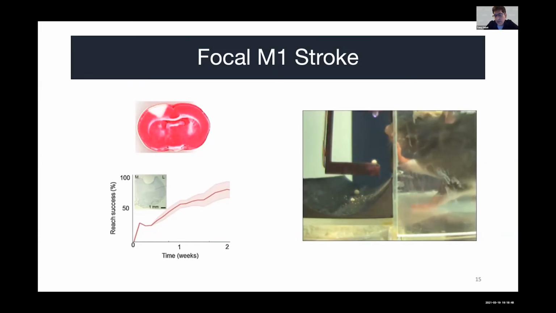As you can see, there are multiple attempts to reach and grasp the pellet, but the extent of reaching hasn't really come back. But during the course of recovery, we see that the reaching ability starts to come back, but with a motor cortical stroke, the grasping still continues to suffer. So even though they can finally start making contact with the pellet, the grasping motion, which seems to be really driven by M1, takes the longest to recover. And sometimes it does not recover. In some of the rats, it does not recover.